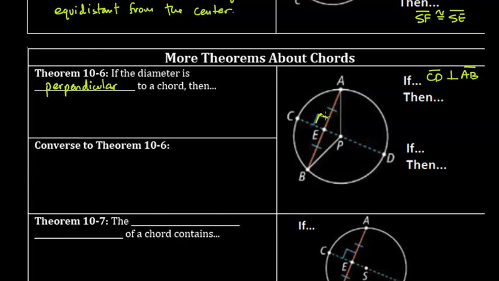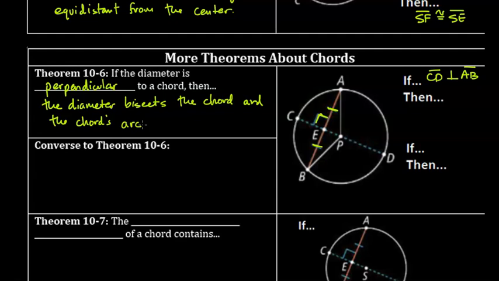And again, for sake of time, I'm not going to go through the proof, but I will tell you the proof has to do with congruent triangles again. But the two things that are going to happen is that the diameter bisects, or cuts in half, the chord. It cuts segment AB into two equal pieces, but it also bisects the chord's